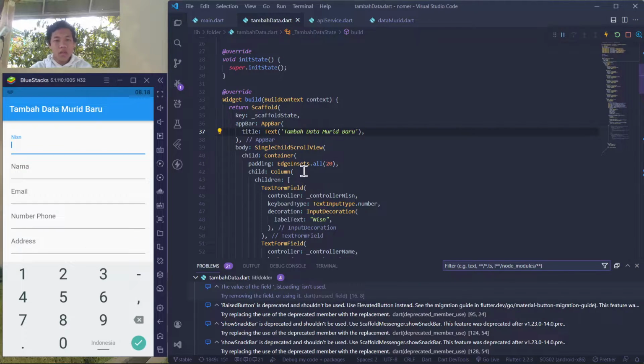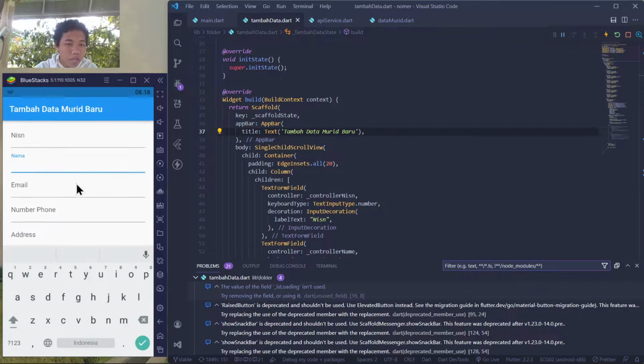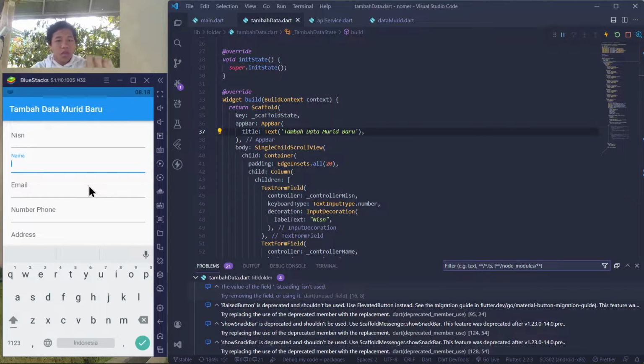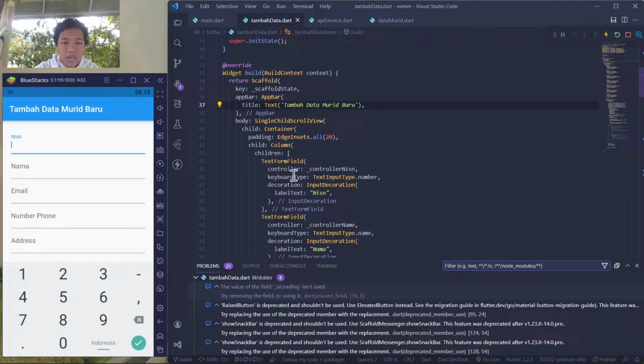and then we give the column, because the column has so many children and can be filled vertically, like this text form field. So first I give text form field for NSN here,